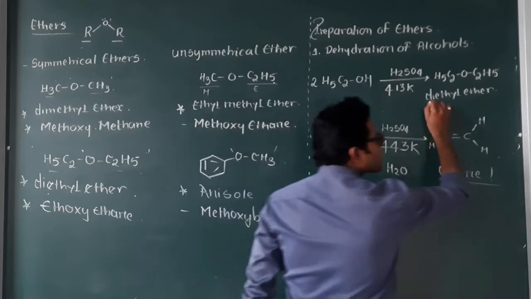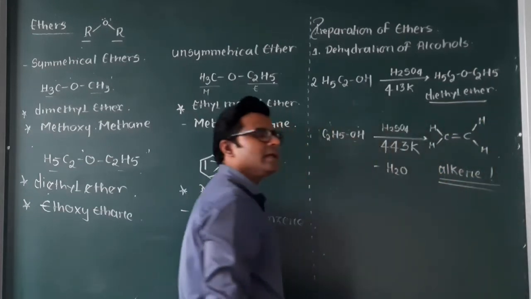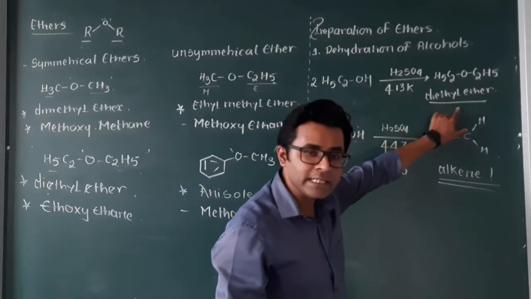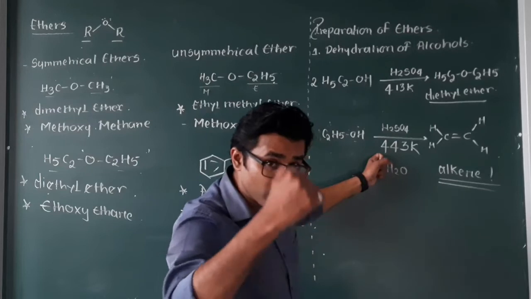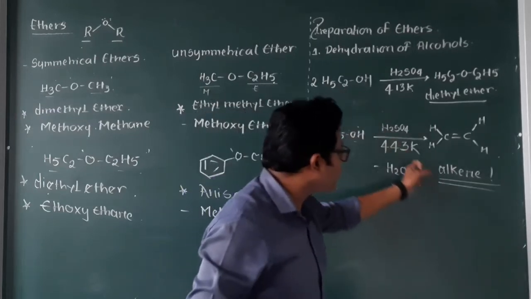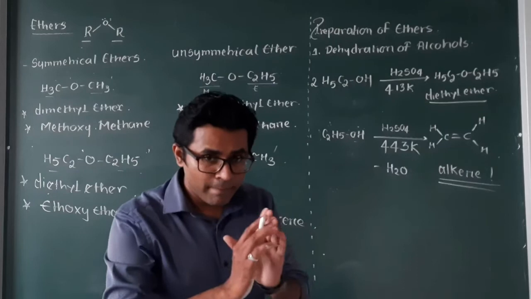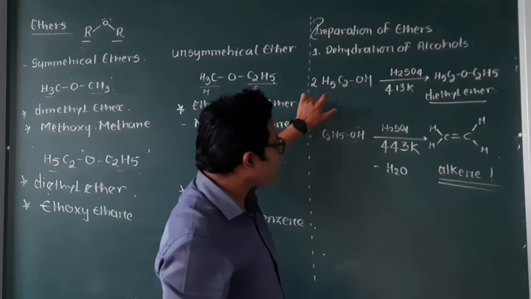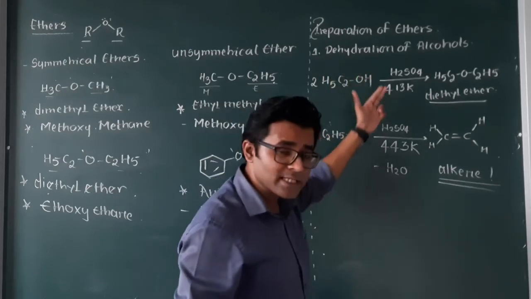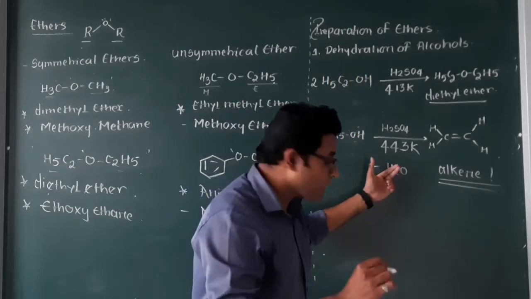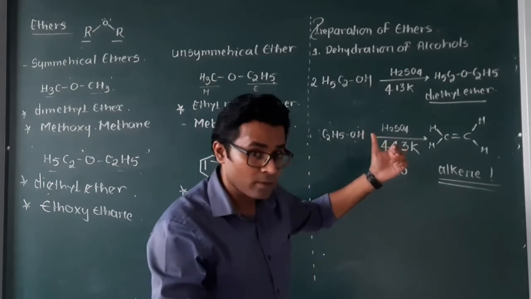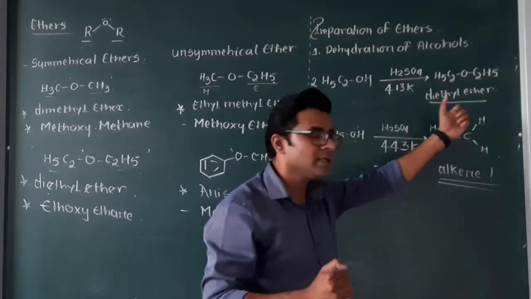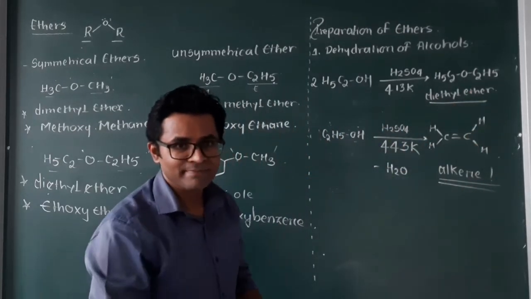So, whether you are going to get an ether or an alkene, it all depends upon the reaction condition. At lower temperature, we are getting ether over here. At higher temperature, as the temperature goes on increasing, this particular alcohol ends up giving me an alkene. The basic information you need to understand is, whenever we react an alcohol with protonic acids, the temperature plays a very significant role. Higher temperatures will yield alkene, lower temperature will yield ether. Right? Thank you. We'll move forward.